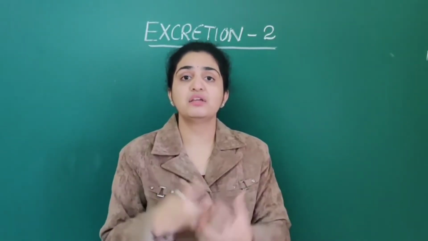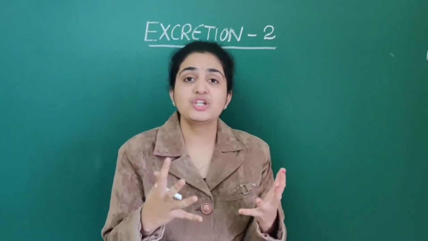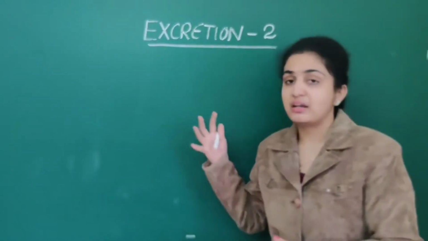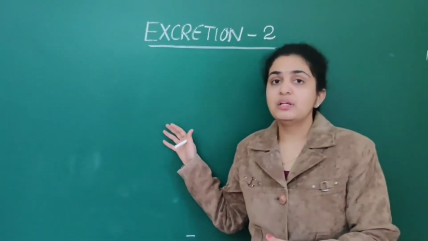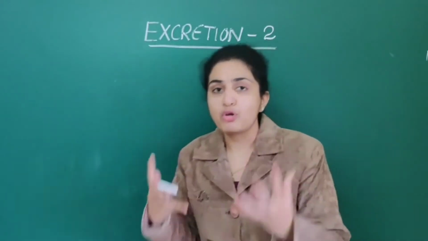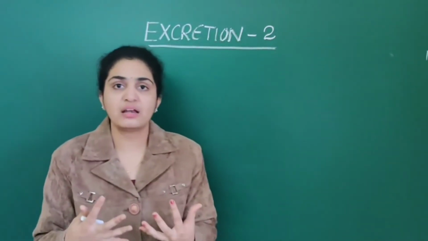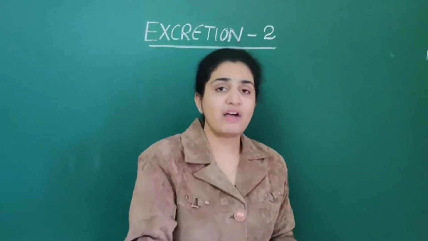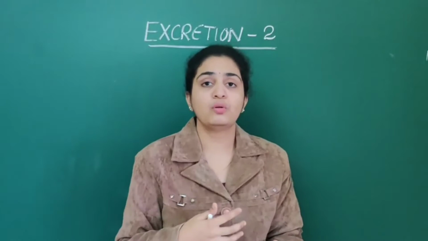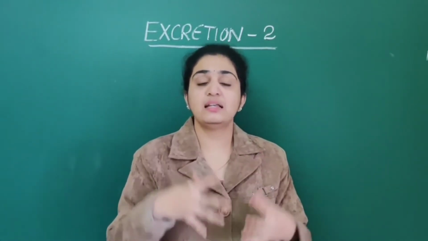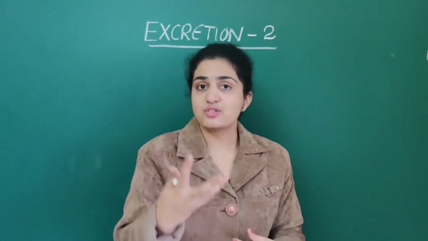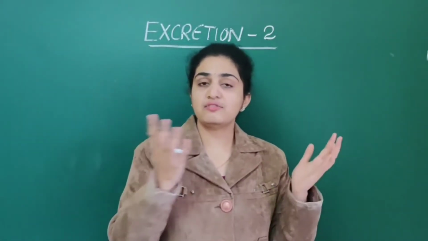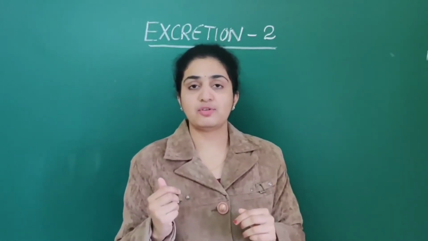One million nephrons are present. And each nephron is again divided into the glomerulus as well as the renal tubule. The renal tubule is again divided into proximal convoluted tubule, distal convoluted tubule, loop of Henle as well as collecting duct. If you have missed the previous lecture, please go there, and once you see that, then you will clearly understand. As well as you have two types of nephrons also. Those are cortical nephrons as well as juxtamedullary nephrons.